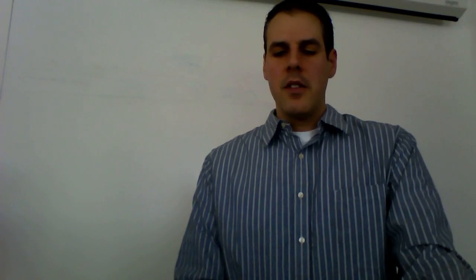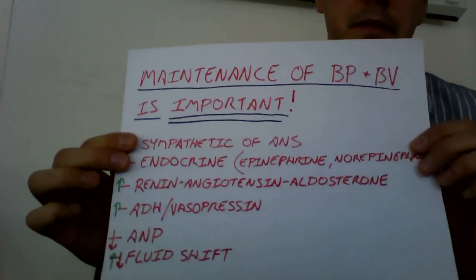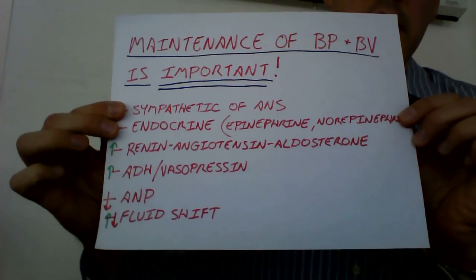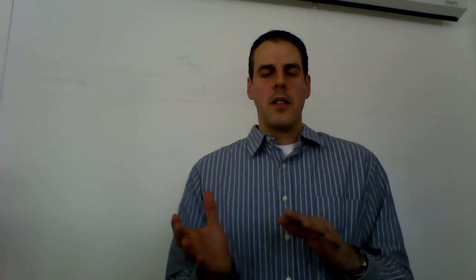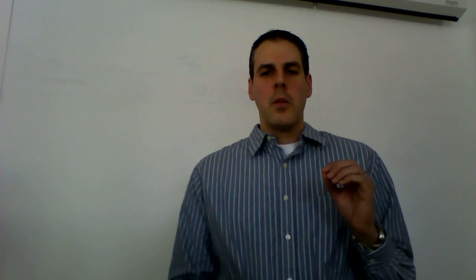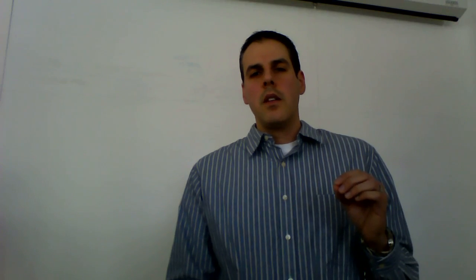Okay. Then we have the renin-angiotensin-aldosterone pathway. Okay. The renin-angiotensin-aldosterone pathway. And you can see slides in your notes where basically it's kind of a complicated pathway. It seems like it's more complicated than it needs to be. But basically it's this. You have a hormone that is released by the kidneys. It's called renin. Okay? Renin is released by the kidneys when the kidneys sense low blood volume and low blood